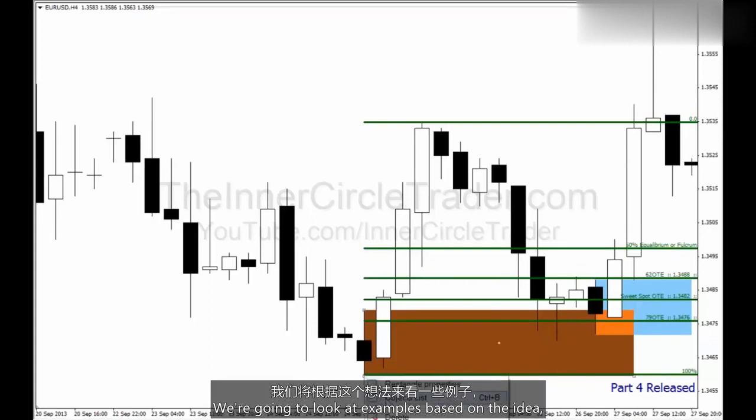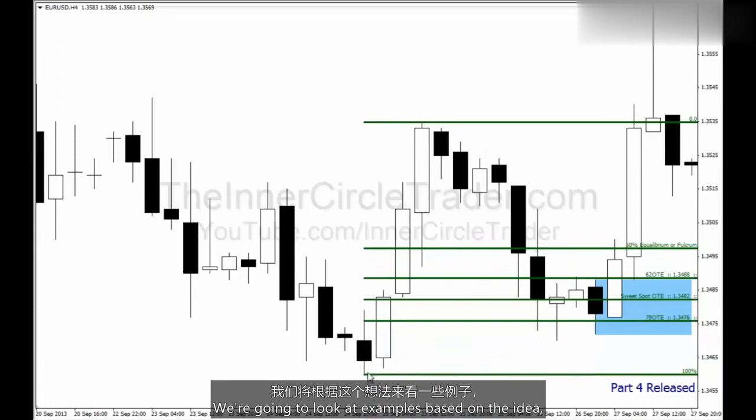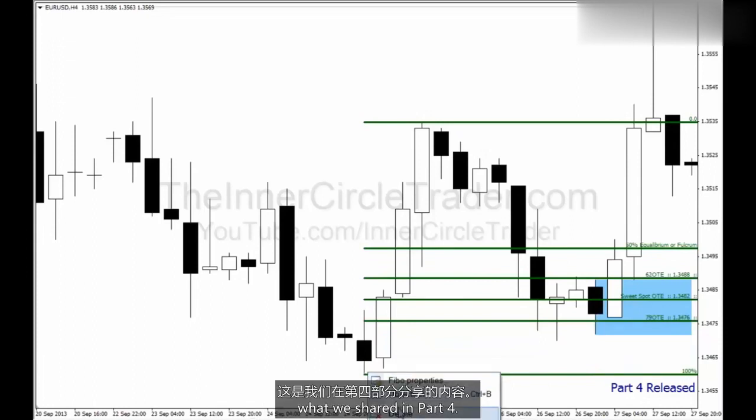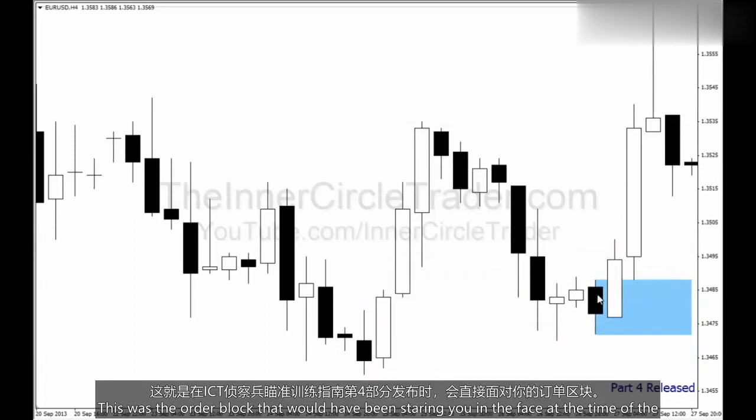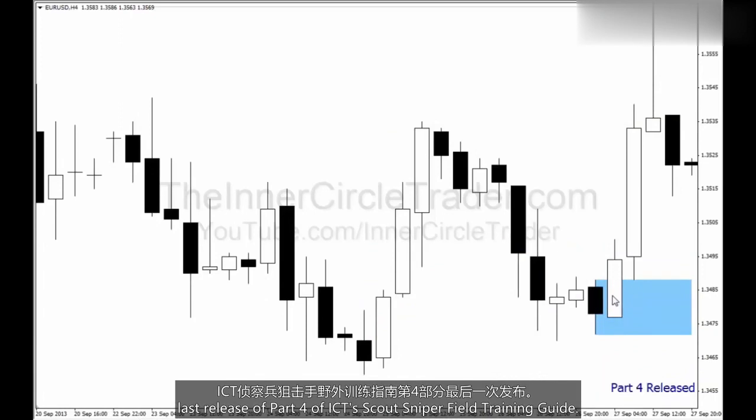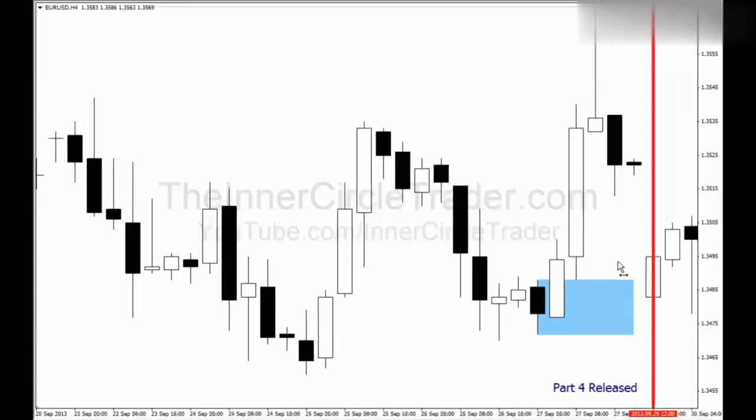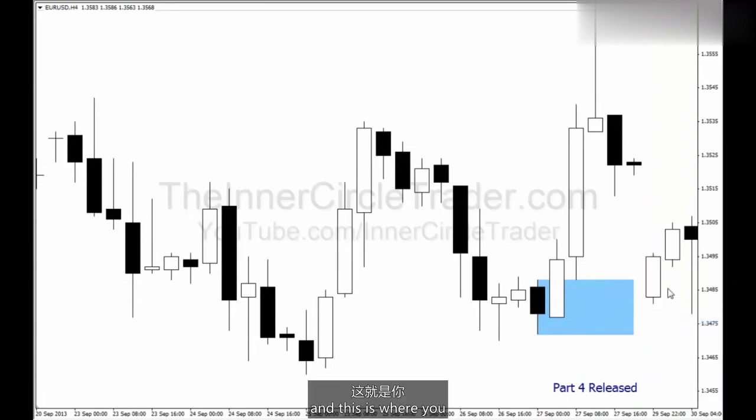But moving forward, okay, that's where we're at now. We're going to look at examples, based on the idea we shared in part 4. Okay, this was the order block that would have been staring you in the face at the time of the last release of part 4 of ICT's Scout Sniper Field Training Guide. Price comes right down. Here is the day that the video was released, and this is where,